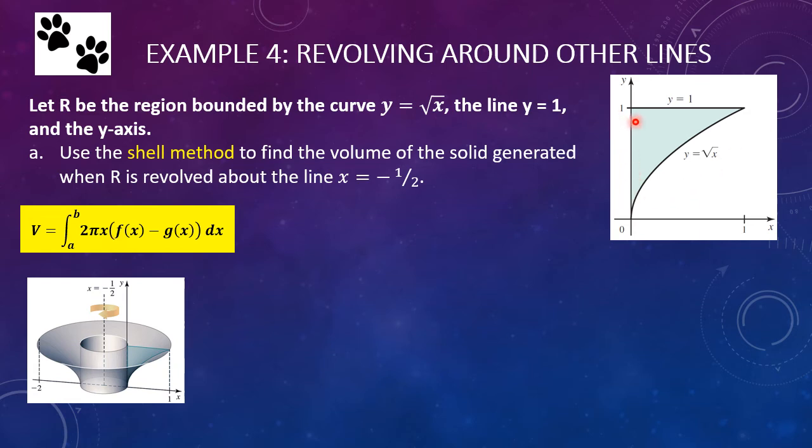Our radius of the circle is going to be whatever our x value is for f of x and g of x, plus that 1/2, because we're no longer revolving around y, so the x value would just be the radius if we were revolving around the y-axis, but since we're revolving around x equals -1/2, we're going to have to add 1/2 to x